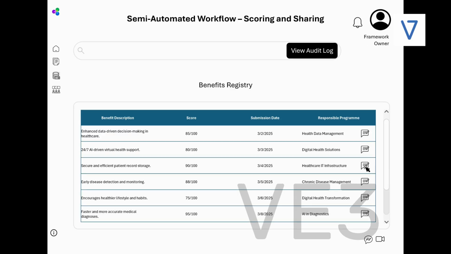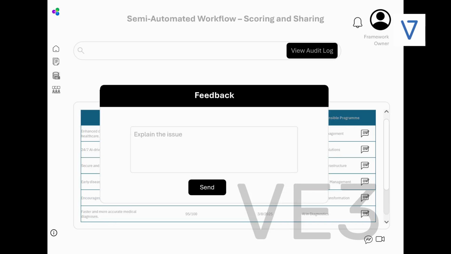An essential part of our framework is the continuous feedback loop. After the automated scoring, both the framework owner and the program manager have the opportunity to review the score and associated data. If any issues or suggestions are identified, they can provide feedback directly through the system.